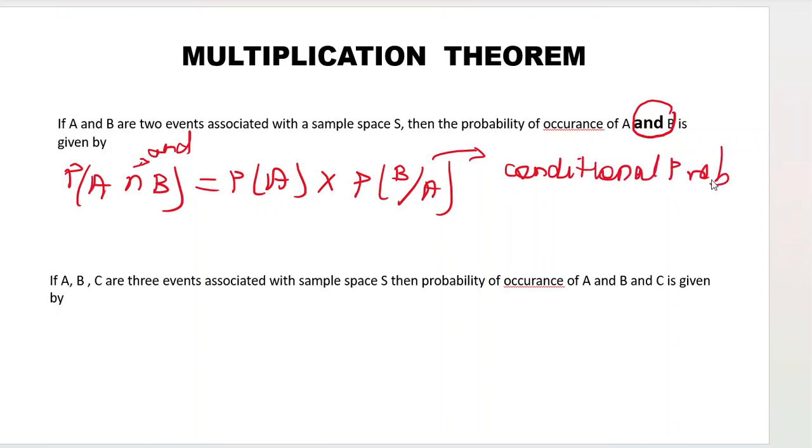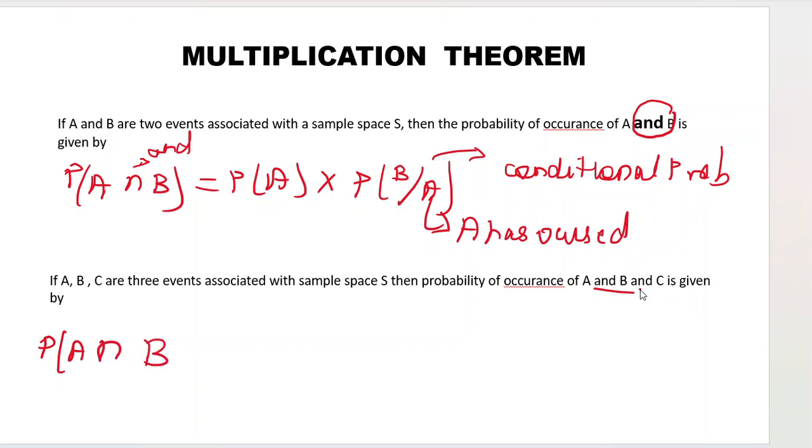And in this case, the event A has occurred. It is the event A which has already occurred. Always in conditional probability, the down part is the event which has already occurred. Here, if A, B, C are three events associated with sample space, then the probability of occurrence of A, instead of this AND we write intersection,